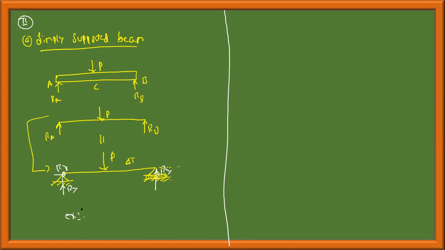Examples can be, for example, let us say you have two stones upon which you have kept a slab like this. These are nothing but the benches you see in parks or something like that. These are an example of a simply supported beam. Okay. Now, the second type,